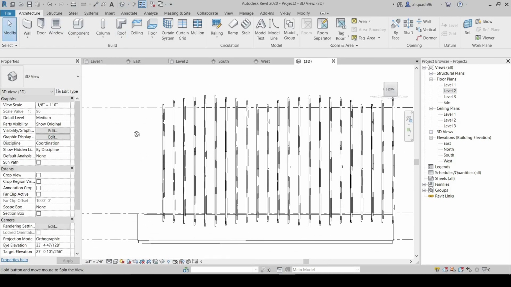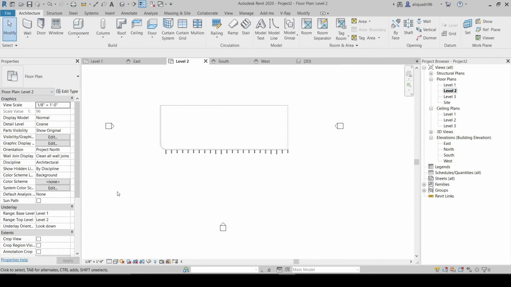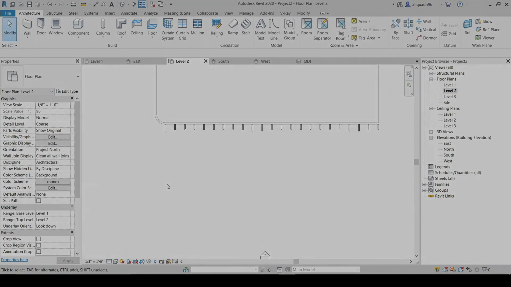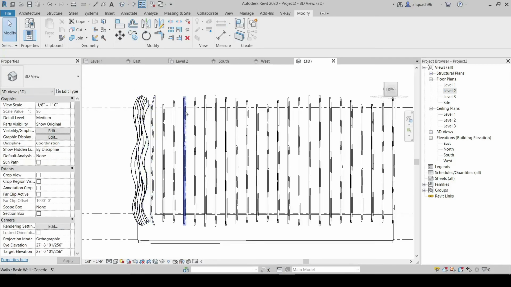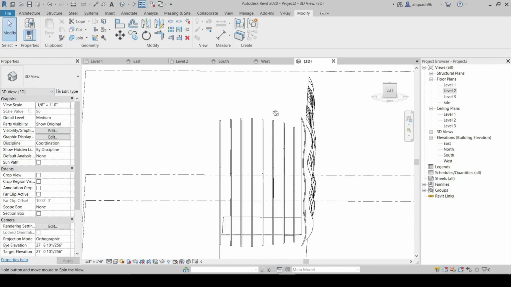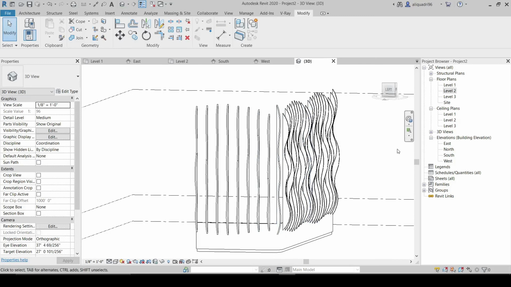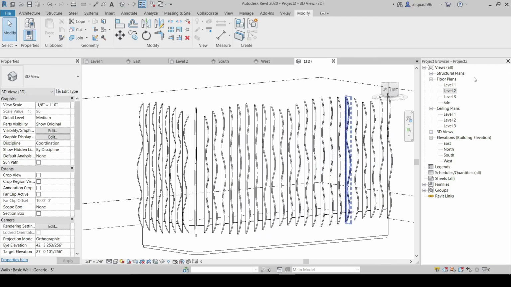As you can see, this is how our panels look like, and I suggest do the same to the left side of our model, just like this. So now you can see it in 3D view. This is how our model panels look like. Now I'm going to provide a